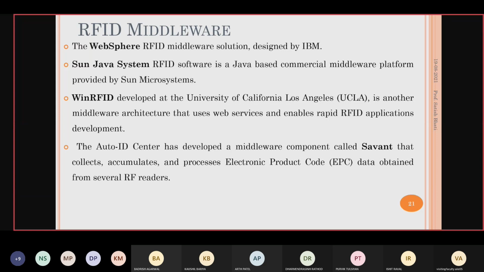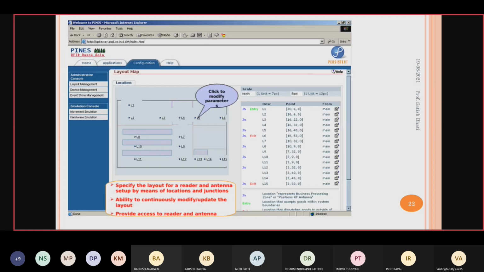If your application is using this EPC, then you can use Savant. Using that, you can obtain the EPC code and process it from several RF readers. So these are some examples of software which is a kind of middleware.